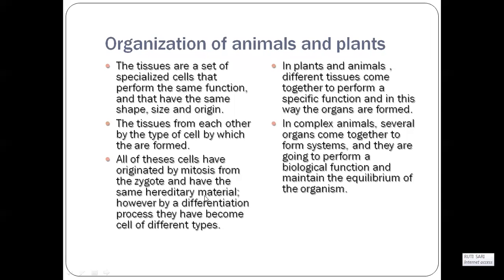If you think about us, human beings, the zygote: one cell from the father, the sperm, and one cell from the mom, the egg, join together during fecundation and form the zygote. And from the zygote we have different cells, like the nervous system cells, the neurons. We have the blood cells, the red cells. We have cells that make our bones, our muscles, our hair or our nails. All of them are different cells and they came from the same mother cell.